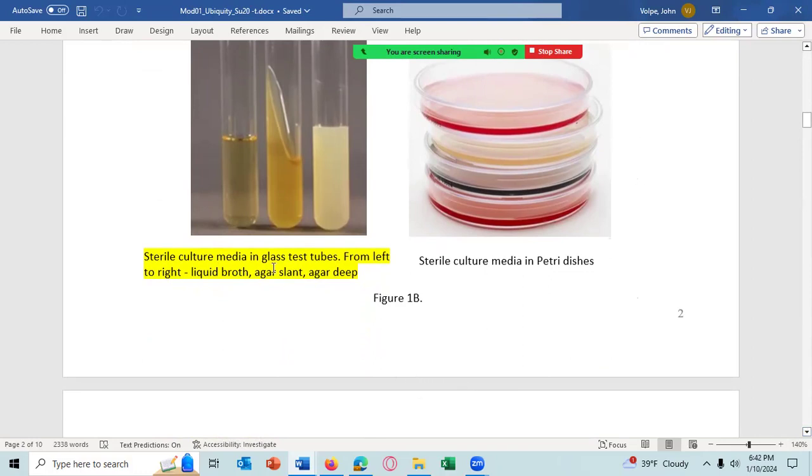Here we have different culture media, and this is a liquid broth. This is a slant, which is a solid culture media containing agar. So that'd be the same media, but just has agar added, making it solid. And we put this one in a slant. This is called a deep. It is an agar solid medium, and you just let it go across flatwise. And those are Petri dishes containing solid media, agar plates, different types of media.